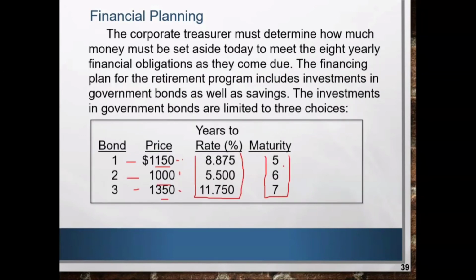So, we understand that after year 5, at the beginning of year 6, it pays $1,000. This one also matures. The same goes for the maturity of bond 2, which is at the beginning of year 7, and the maturity of bond 3, which is at the beginning of year 8. So they will each pay 1K when they mature.